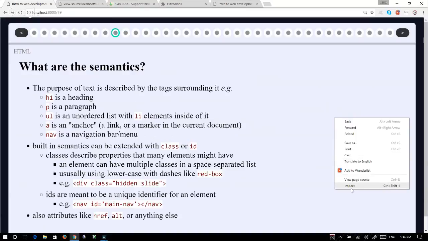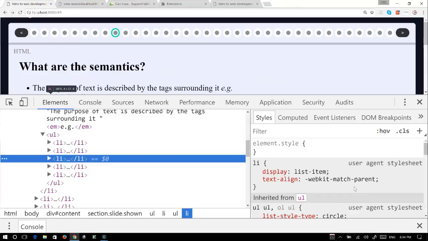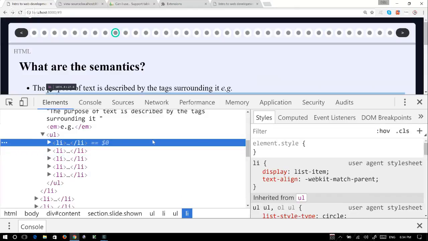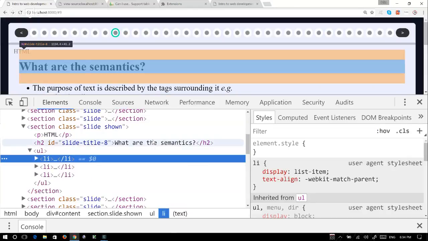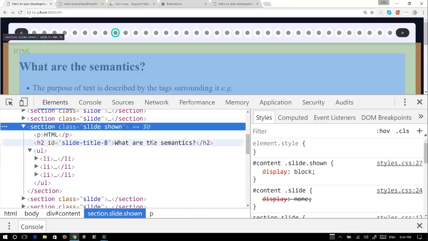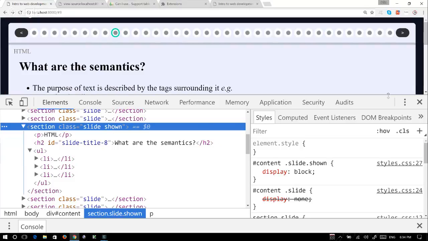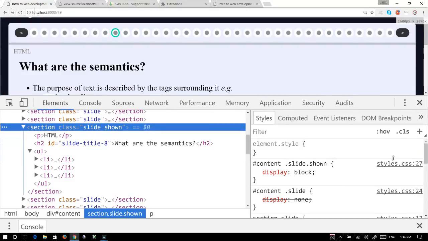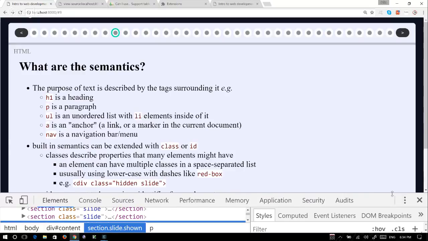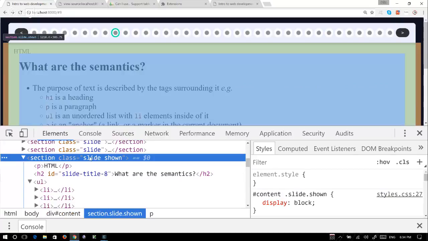If I look at the current slide, as it slowly loads, there, you'll see that I've got class equals slide, and it's the shown one. Okay, and so the style sheets are choosing how to render it based on those classes. So the slide shown text is something that you are labeling and seeing in the first row? Yeah, so